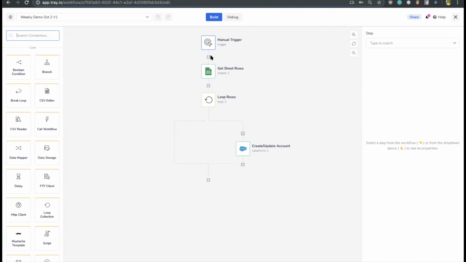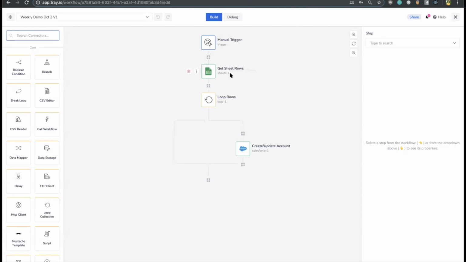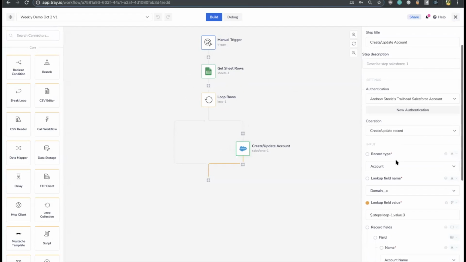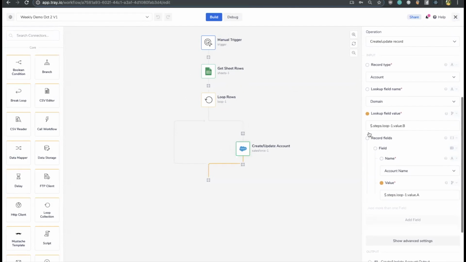We're first getting all the sheet data from this particular spreadsheet here. And once we have all that data, we're looping through each of the rows, and then we're creating a Salesforce account with each of that data. If I click into the Salesforce step, you can see that I'm creating or updating a record of the account type, and then I'm specifying that the account name is equal to the value from this loop step here, which is getting pulled in from this Google Sheet. So if I go ahead and just run this workflow here,